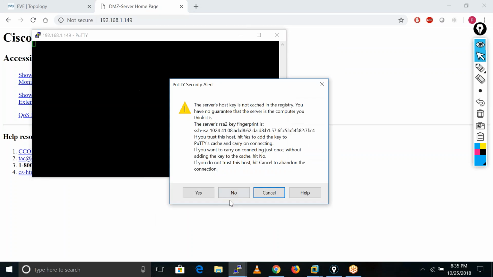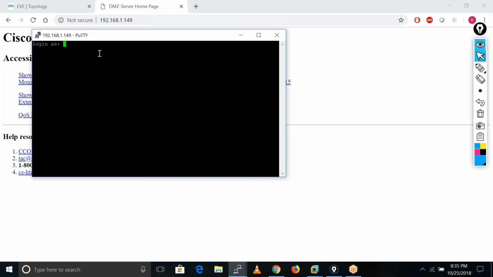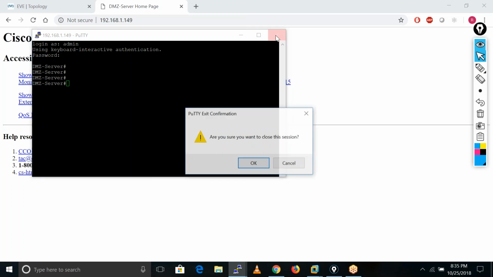Yes, here I am getting the access. So I just enter the username and password, which is admin, and the password is Cisco. I'm getting my DMZ server, right? So that is the way we can provide the access to outside users if we have any DMZ server in our network.